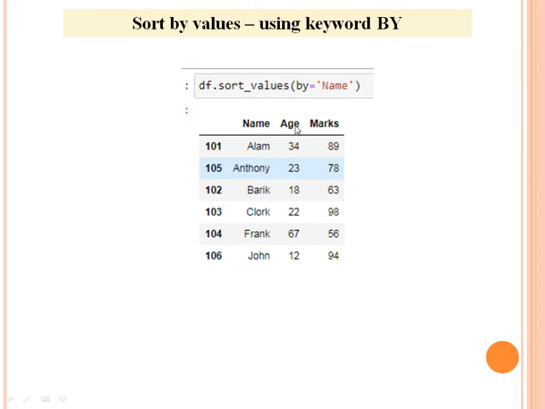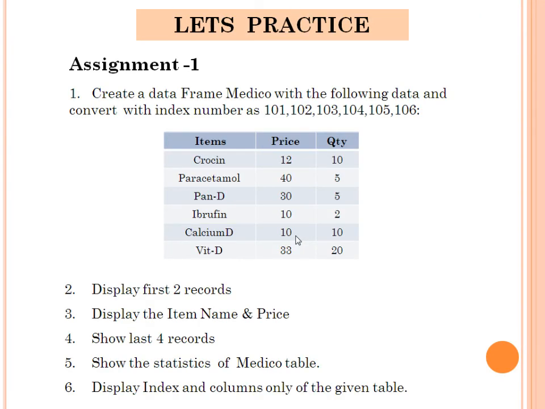If you want to arrange it according to the age, then I'll write age here. If marks, then I'll write marks here. So it sorts the data according to their values. Clear? Now it's time to do the practice questions.